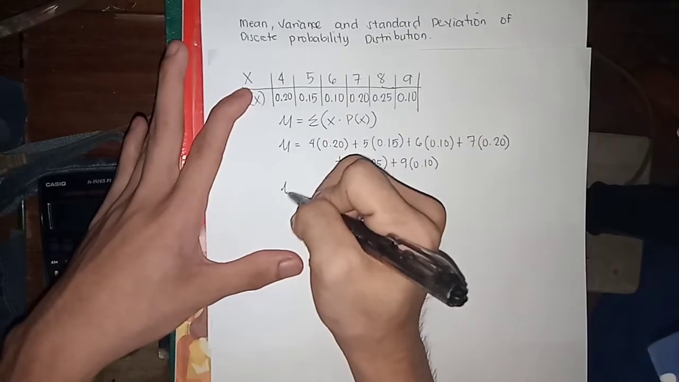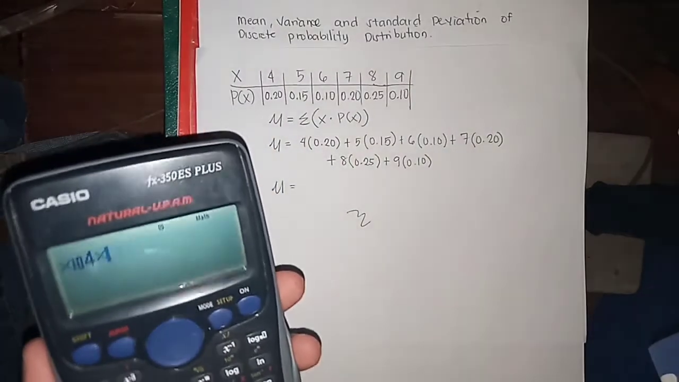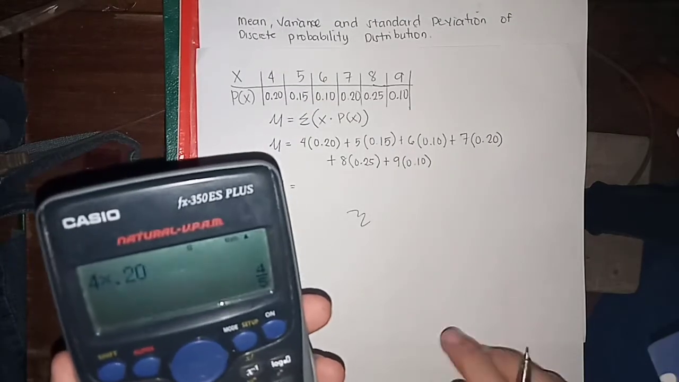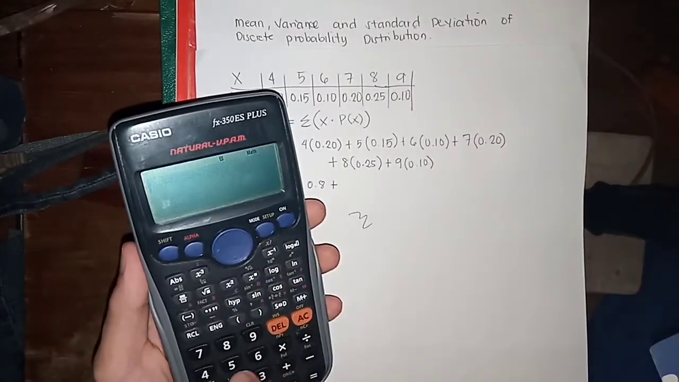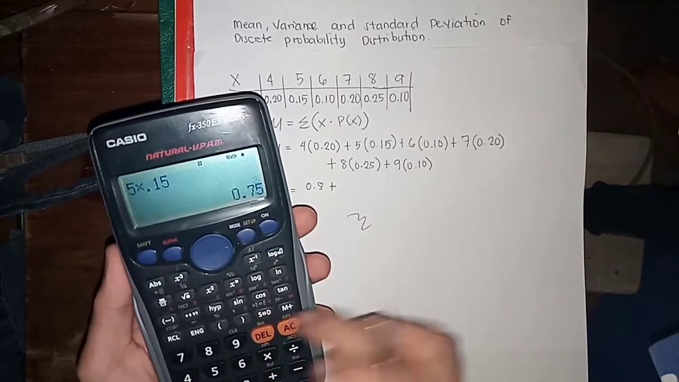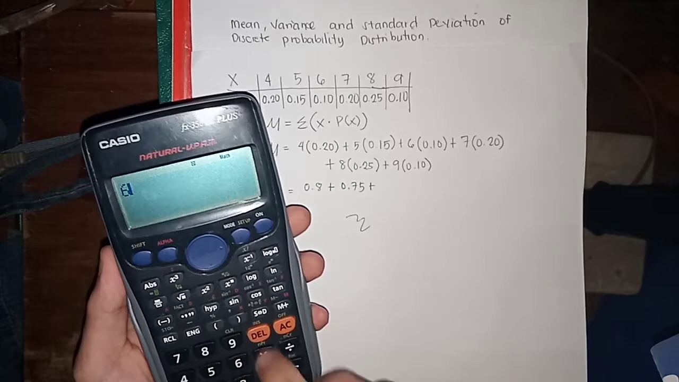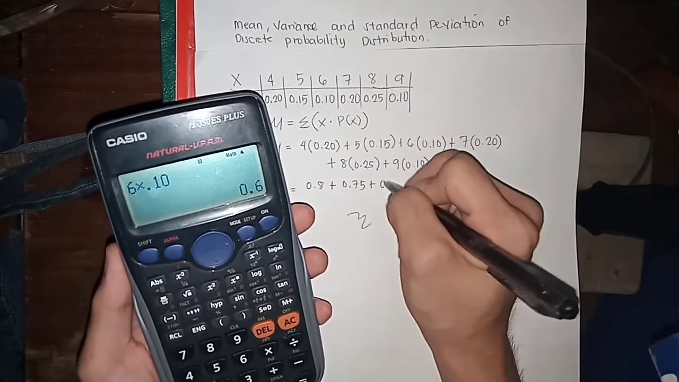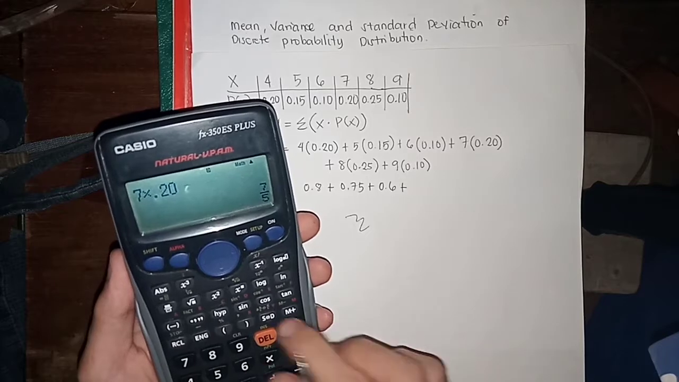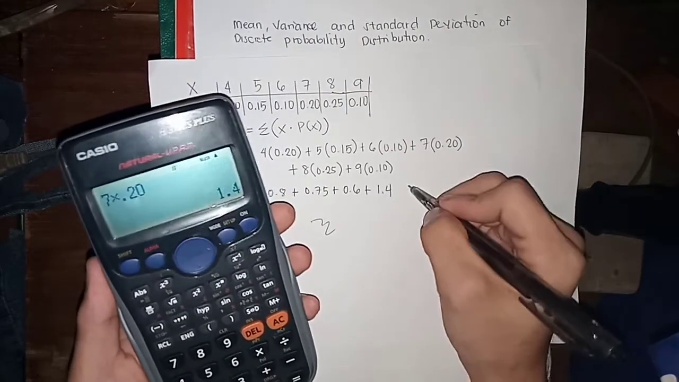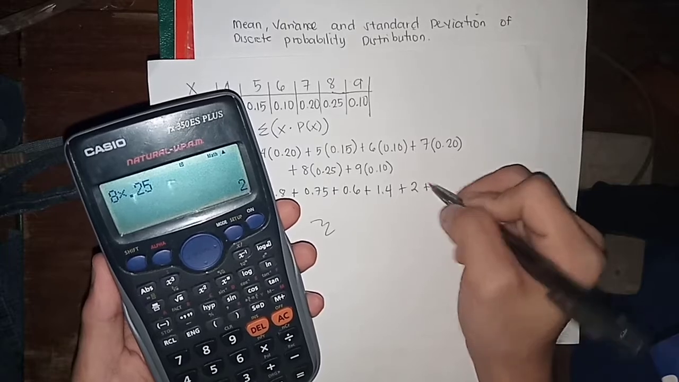So, by doing that, the mean 4 times 0.20, that is equal to 0.8, plus 5 times 0.15, that is equal to 0.75, plus 6 times 0.10, that is equal to 0.6, plus 7 times 0.20, that is 1.4, plus 8 times 0.25, that is 2, plus 9 times 0.10,